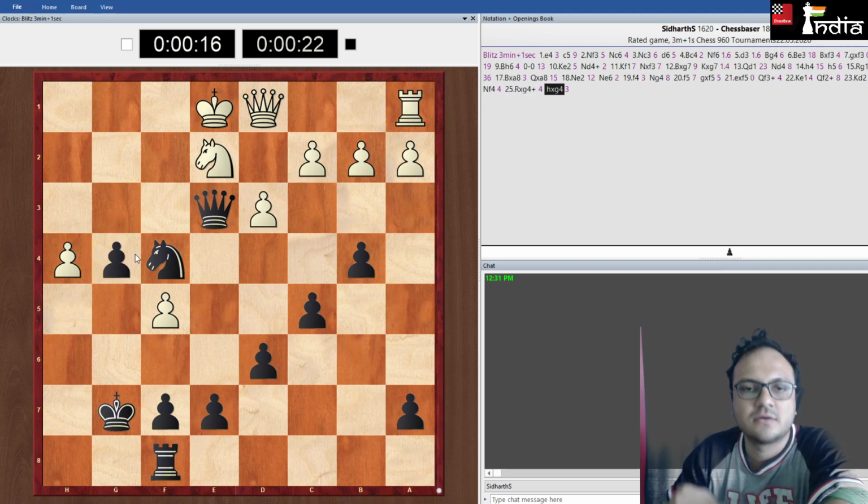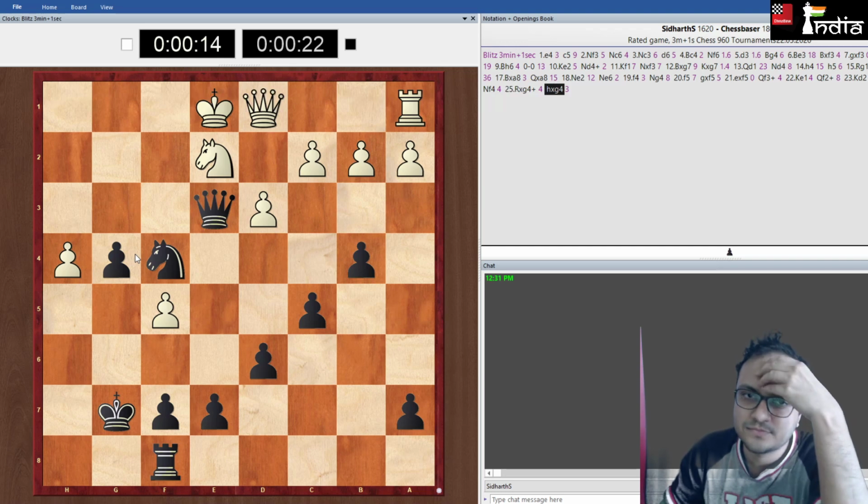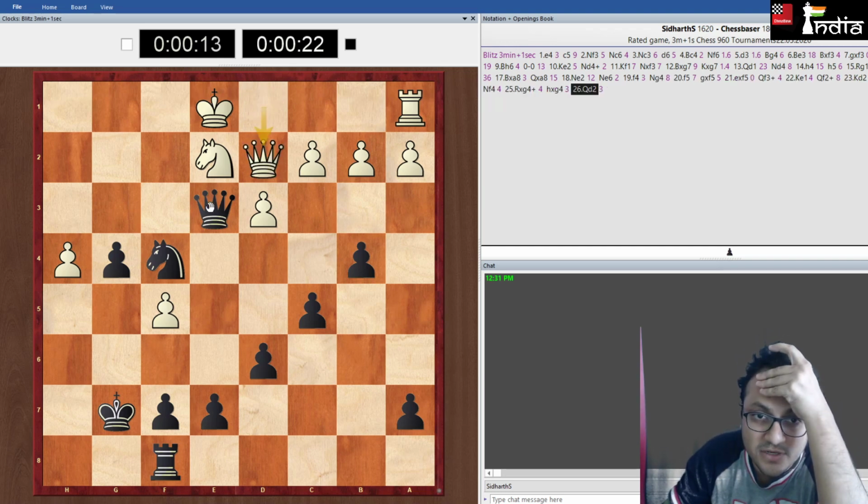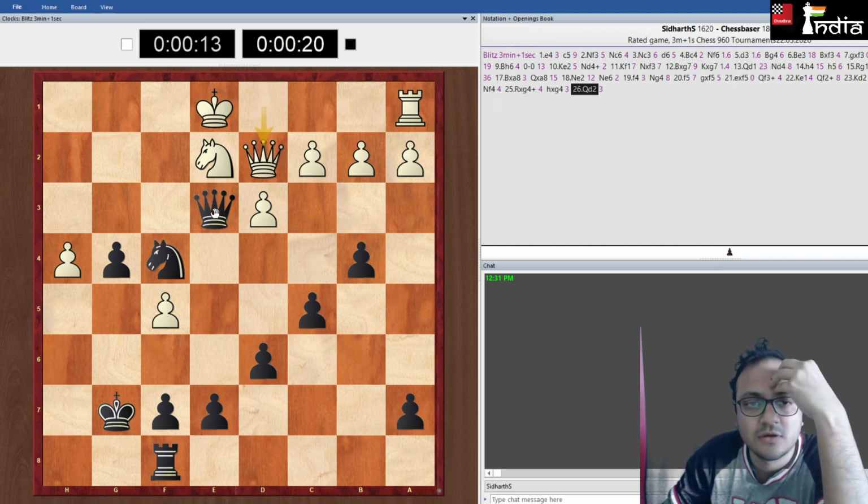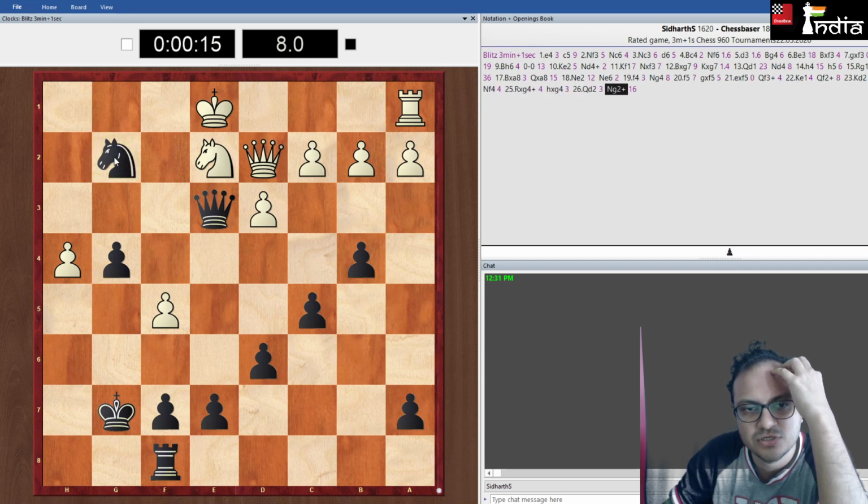Okay, take. This should be not good for him. I can go into the end game, which is kind of better for me. But knight g2, king f1 seems should be better, yeah. Then king d1.